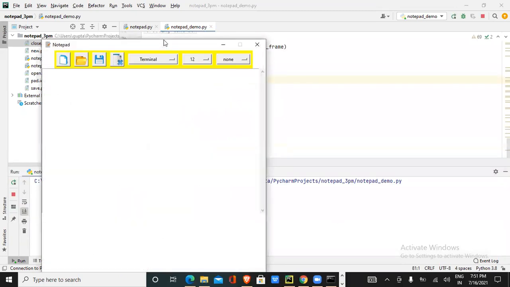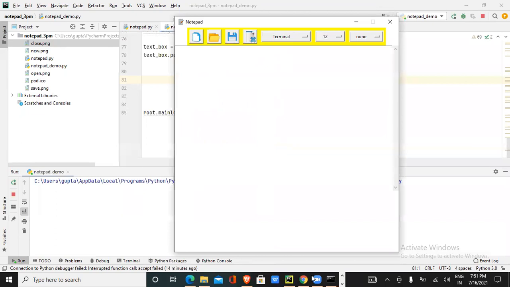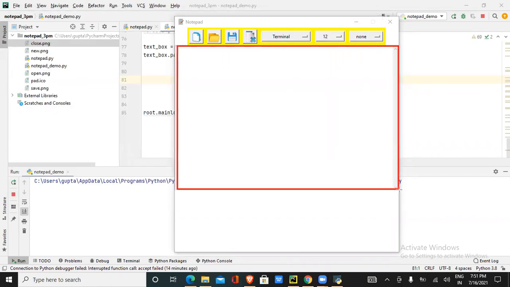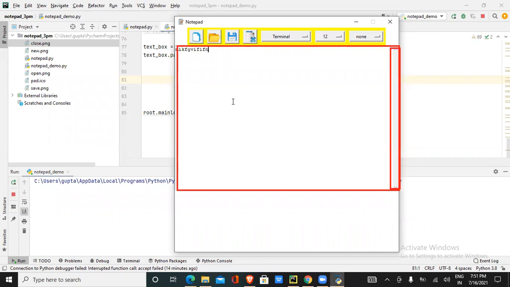You can observe there a text box is being created, starting from here and all the way till here. You can see on the right side, even the scroll bar is coming. So give some data here. If you keep on pressing enter, it will activate the scroll bar to move up and down. Getting it, all of you?